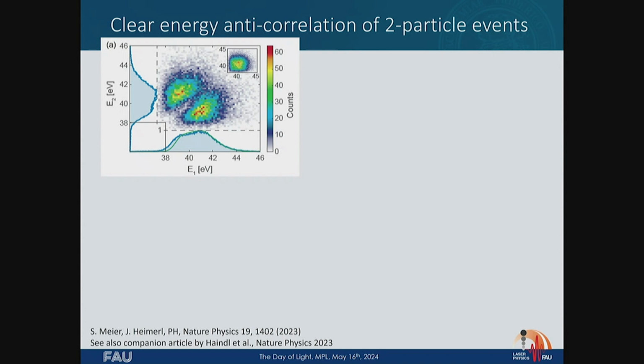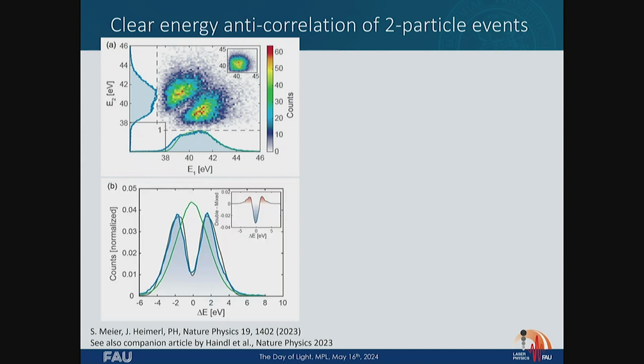Suffice it to say that when we look at 2 electron events, we see something very interesting. We see this here. When the first electron has a most likely energy of, say, 41 eV, the second electron's most likely energy is 39 eV. This is how you can read these plots. And then the same data are basically mirrored up here so that you can nicely see what happens at the diagonal. And at the diagonal, where you would probably, if you didn't have any correlation, expect most electrons, we see there's hardly any electron at the diagonal. So we see a very strong anti-correlation effect in the energy.